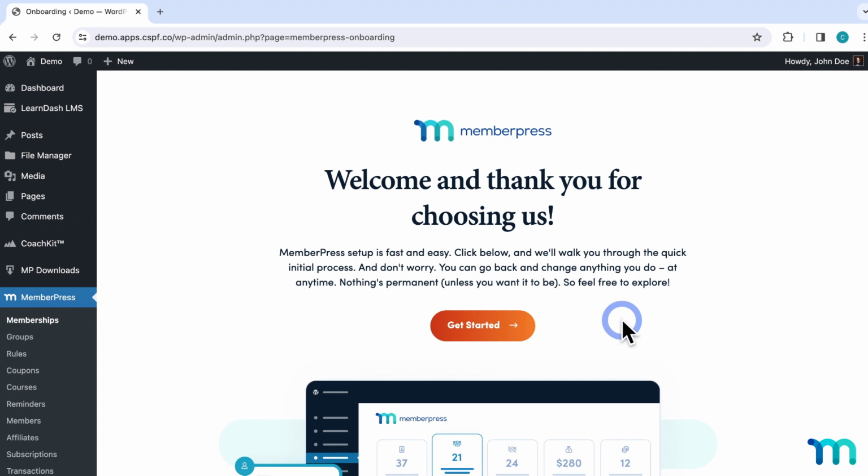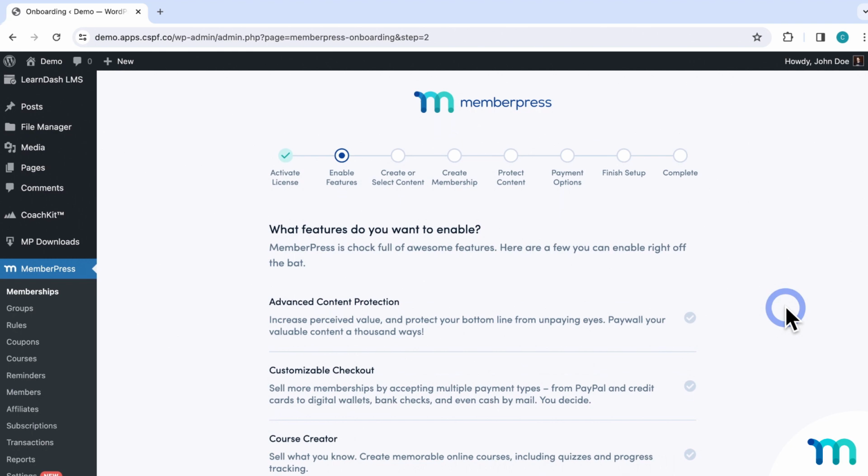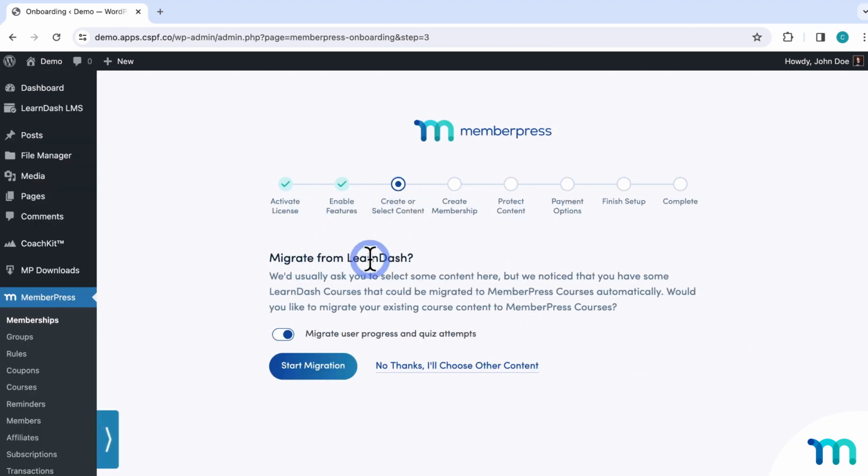So right here on the setup wizard, here's the first page. So you'll just click here to enter the process. And on this page, initially you'll activate your license. And then you would just choose Course Creator as a feature that you want turned on. So here on my site, MemberPress Courses is already installed, so it's on by default. But here in the Setup Wizard, once you have Course Creator checked and you move on in the process, it'll detect that you have LearnDash courses on your site, and then you'll have the option to run the migrator right here in the wizard. So you would just click here, and it'll take a moment to migrate,